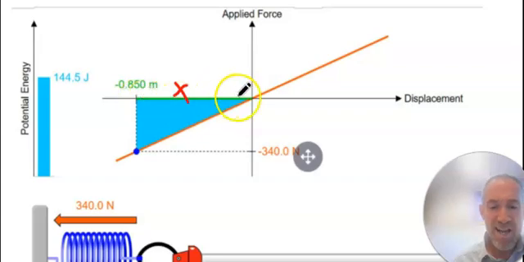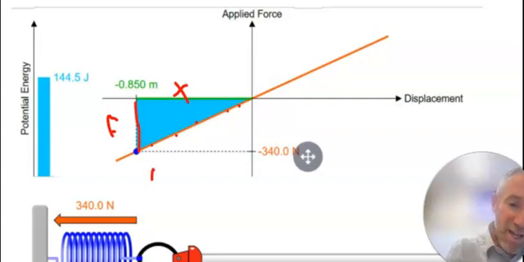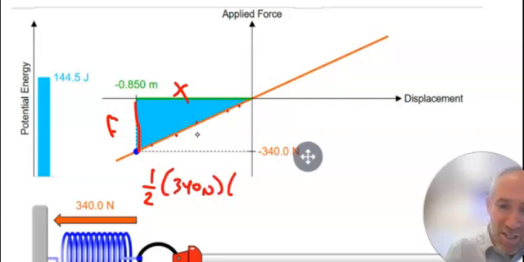And I understand that it's negative, but I want to try to make something that's good for always. And then what's this dimension right here? Well, it's the height of the triangle, of course, but it's also the force that it took to get there. Now, the force had to keep growing as you went along here, naturally, but now what I'm seeing is that it is the force that it took to get that far. So if I were to multiply those two together, I would do something like half of some amount of newtons. It looks like it's 340 newtons times that